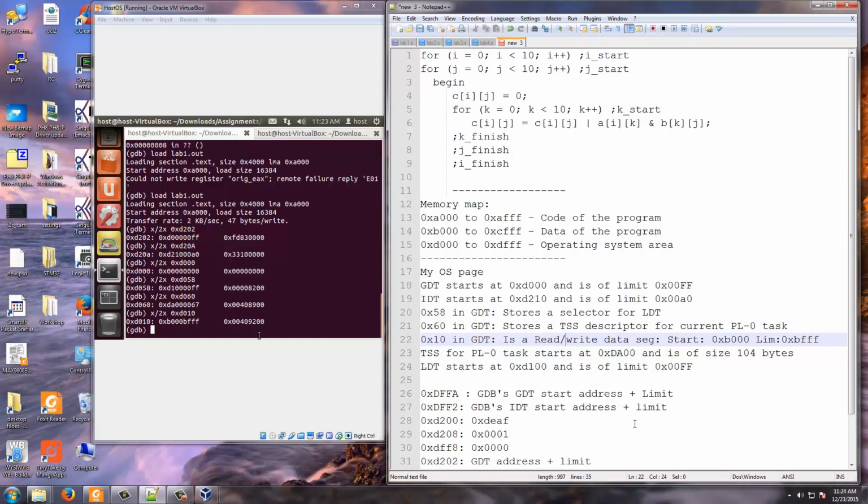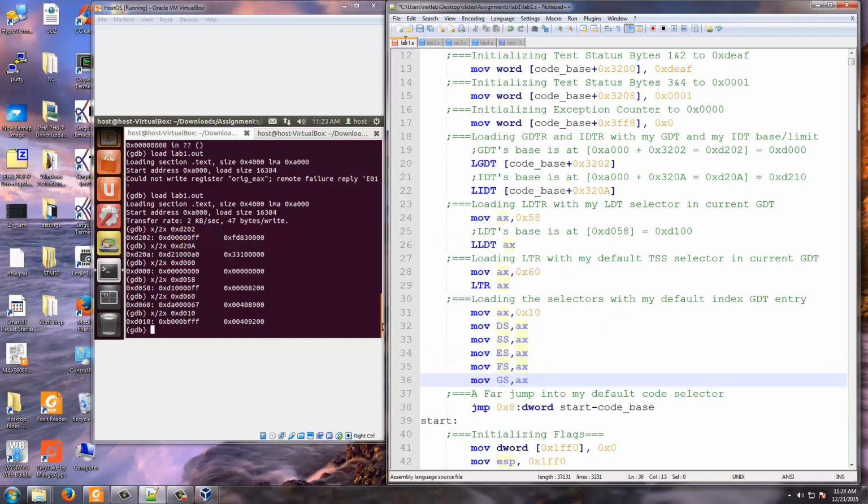So at the end of this, all these selectors will now, whatever you write, start from 0xB1000 and whatever offset from that, and they are all PL0 segments.